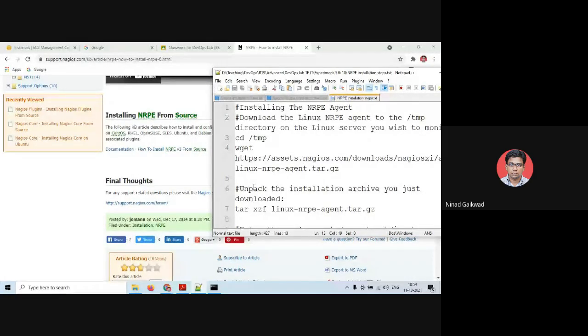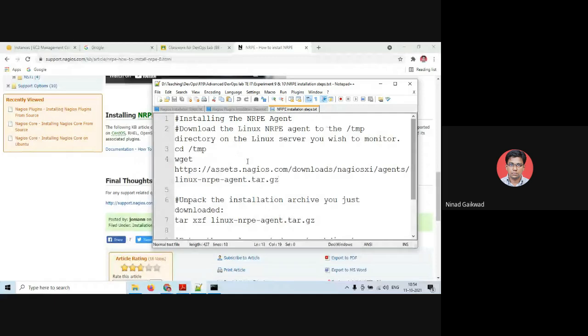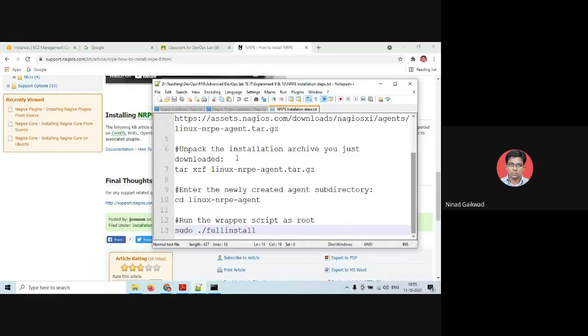I guess this was in a PDF file. So there was a PDF file from the official page, of course, not from anywhere else. From the official site, I just got these instructions where you can install the Linux NRPE agent, and these are all the steps that are required to run that Linux agent. Okay, so